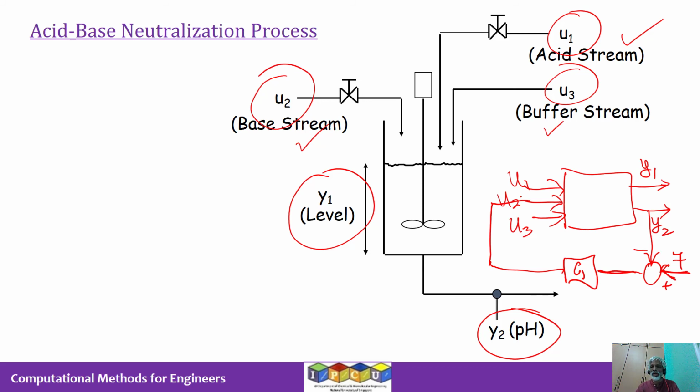All right. And you could have a level controller, which takes the level measurement and compares it with the target value. Let's say it should be 3 feet. So it compares the current value of the level with the target value and then passes that information to a controller, which we'll call C2, and that moves, let's say, this buffer valve. Okay. So U1 is a stream that comes as a disturbance to this process. So this is the basic idea. All I want you to know is that the system has 3 inputs and 2 outputs.